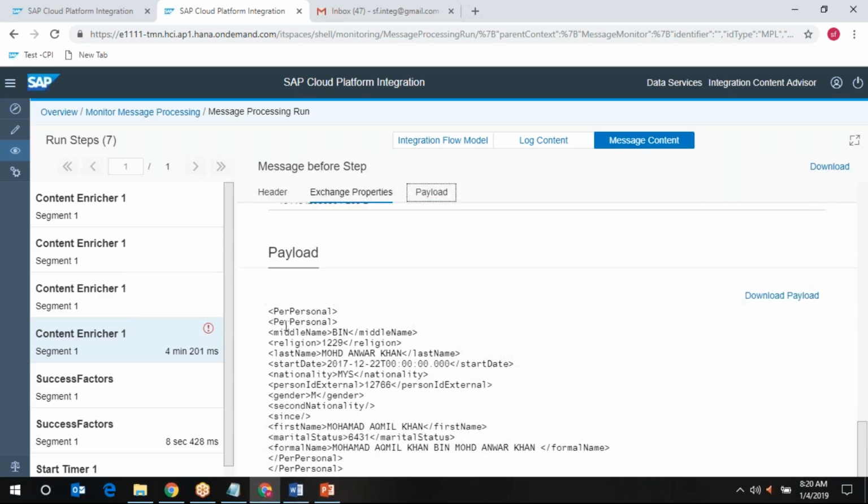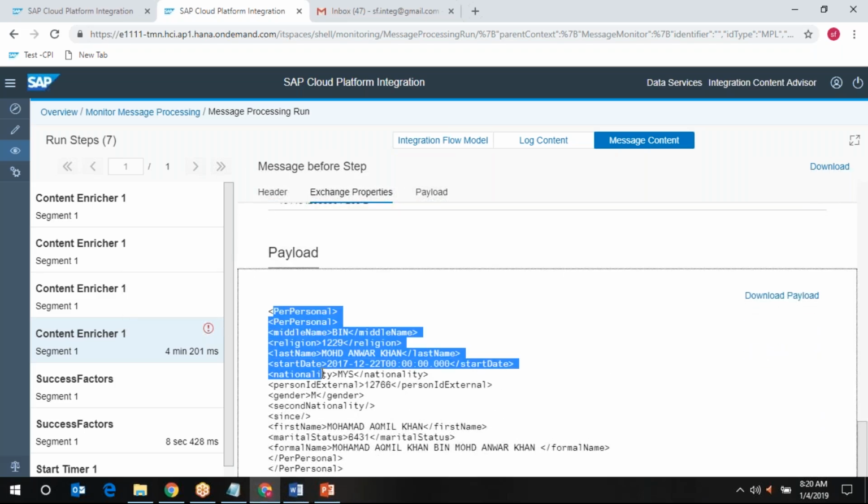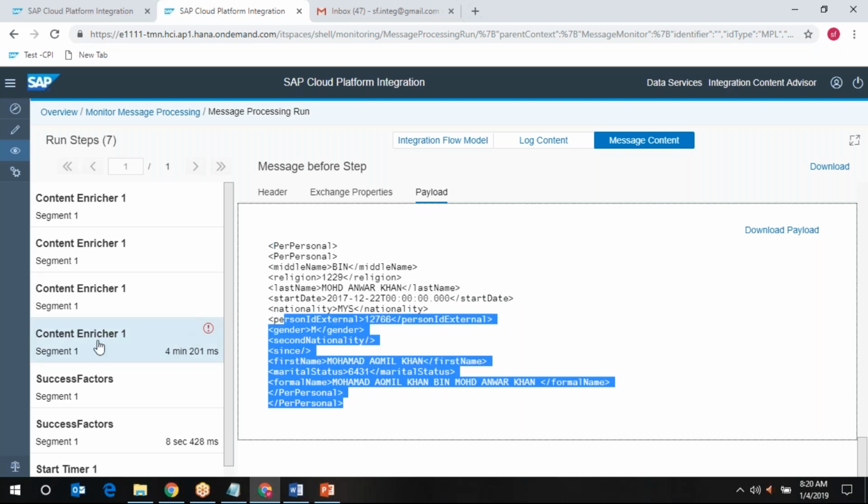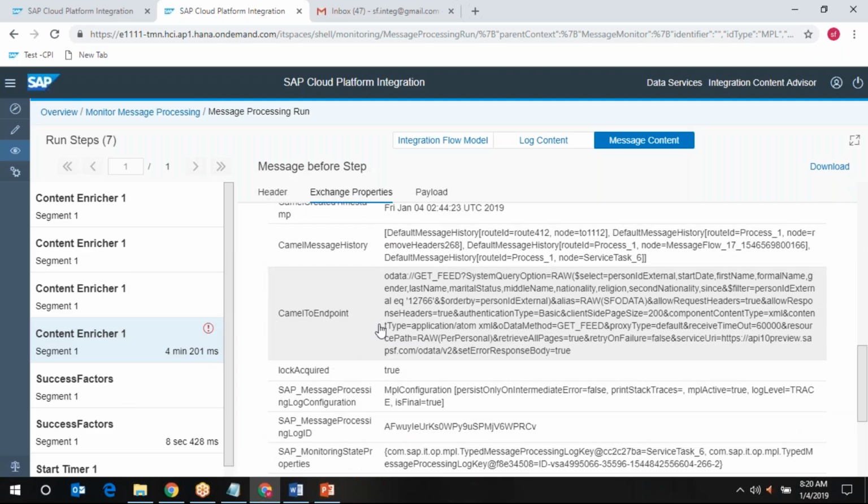Personal data is coming, but the next step